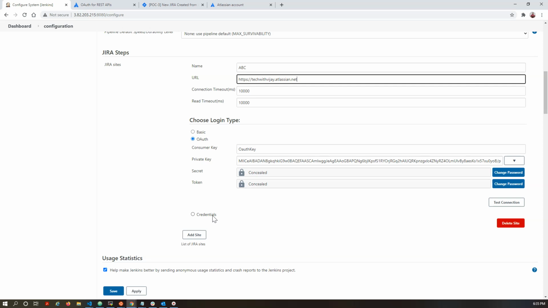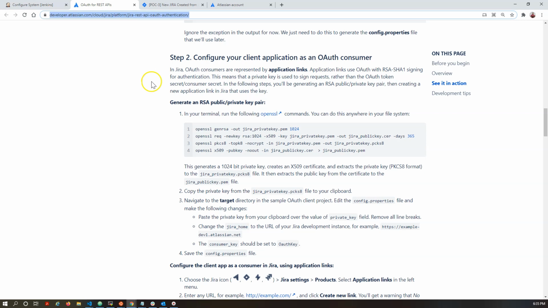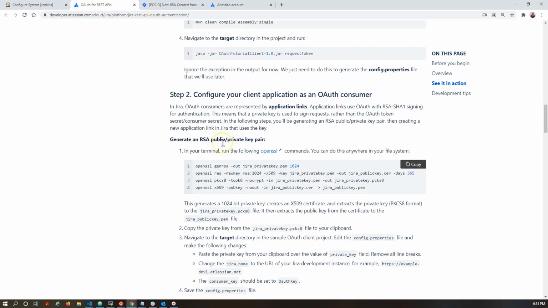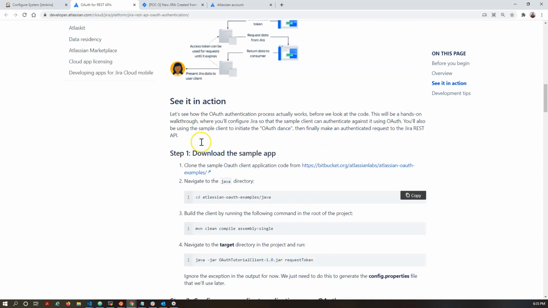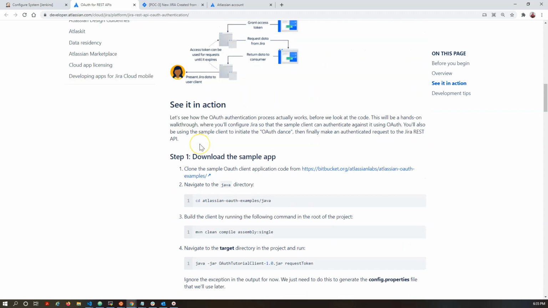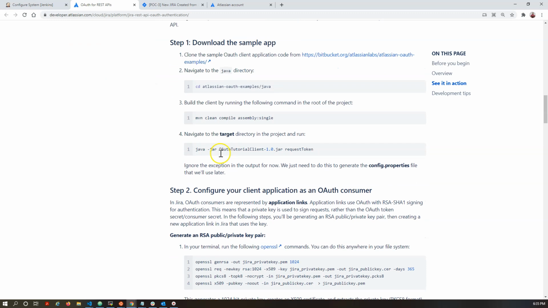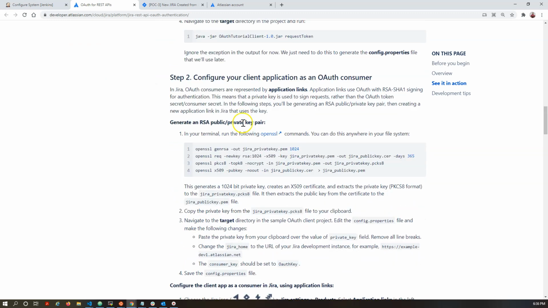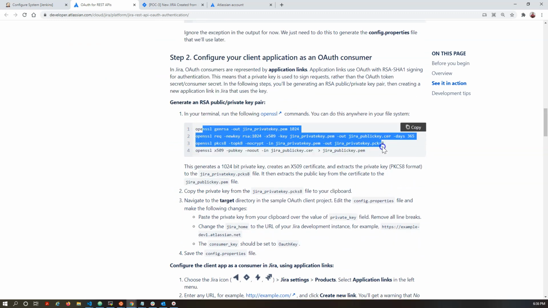So from where do we get this configuration part? So I will show how we can configure it here. There is one configuration link on how to configure OAuth or the REST authentication. So here all steps are given by Atlassian Jira only. So you can follow these steps. You can define by creating a public key and private key.